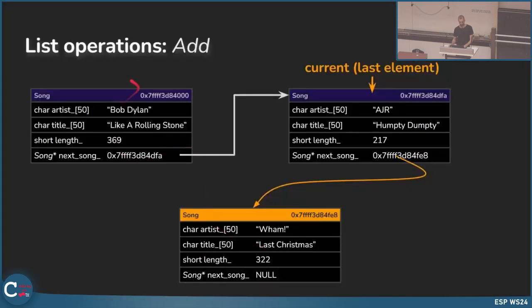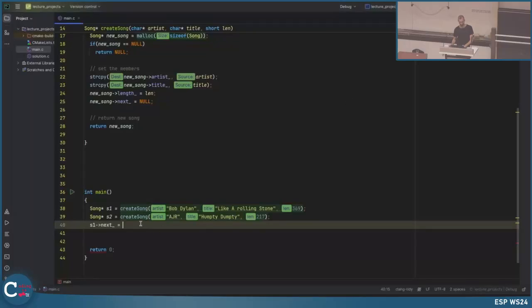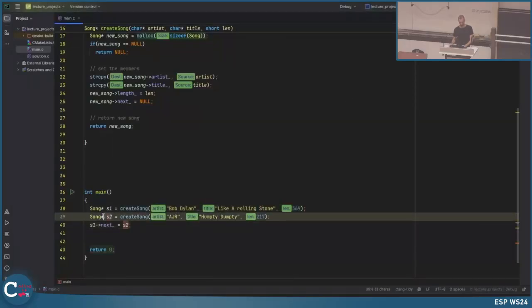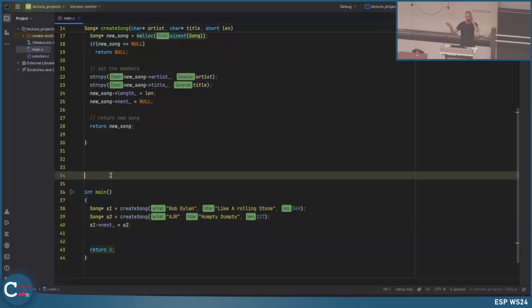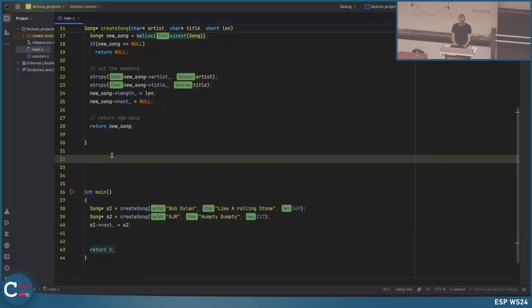So again, this is my S1, this is my S2, and I want to set my next to the address of the next song. So what I can do is just write S2, because S2 is the pointer to this element on the heap. Now I've linked it together, and let's write a function called print songs, which takes the head song,